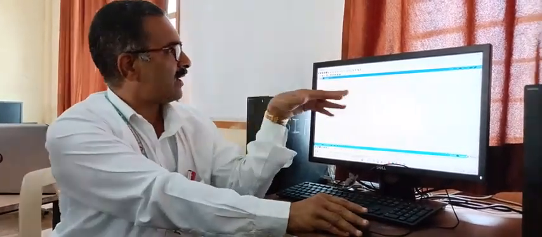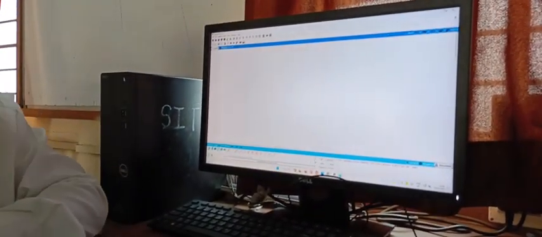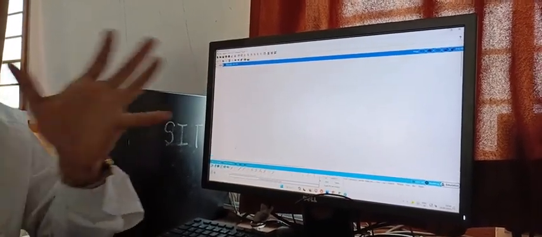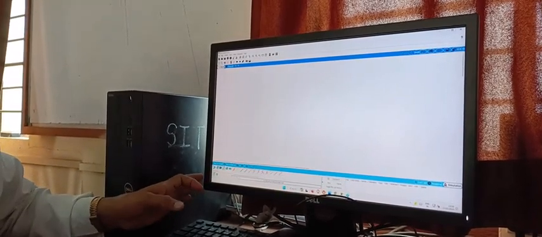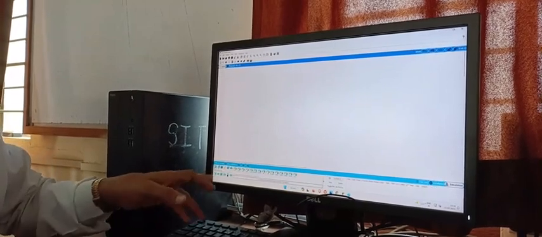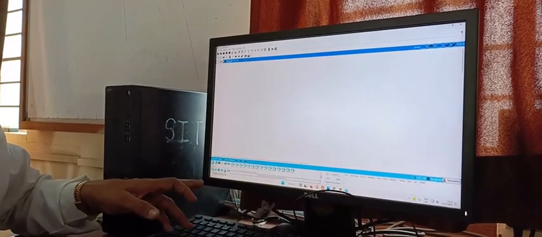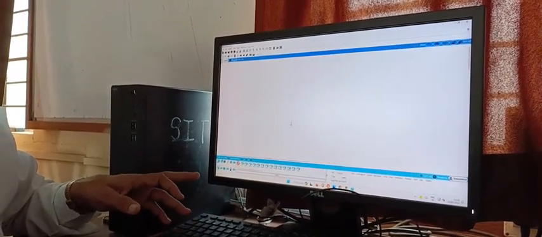Now that application I already opened, and in this application, if you are observing, it has the required tabs for developing or designing the network. So here I will show you this first tab. It indicates the network devices. That means it gives the n number of network device symbols, and by using those symbols we can select a specific network device for the simulation.